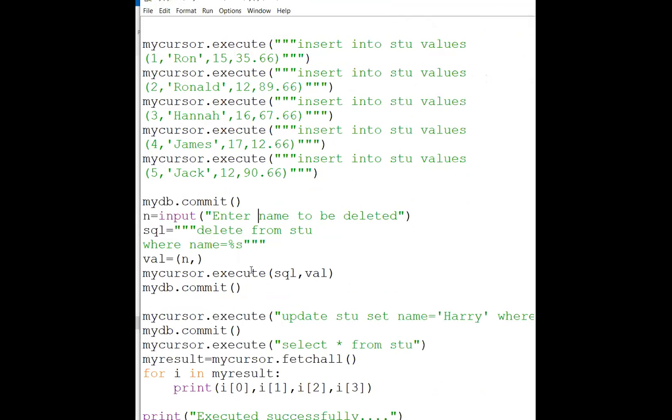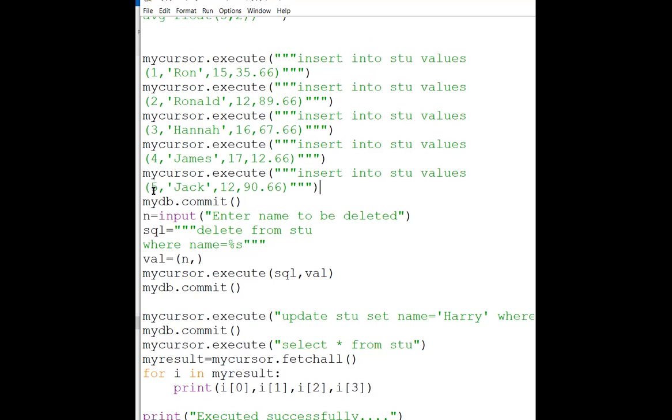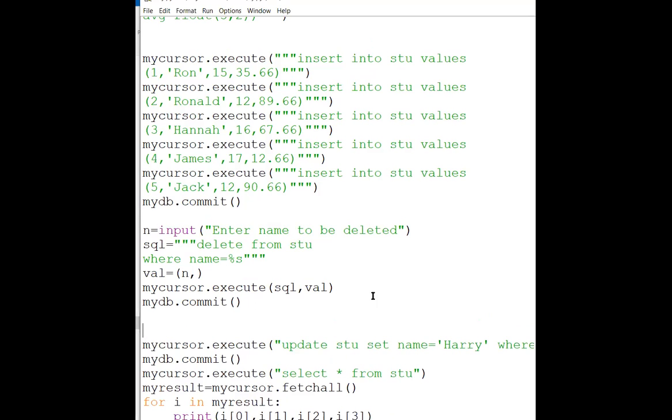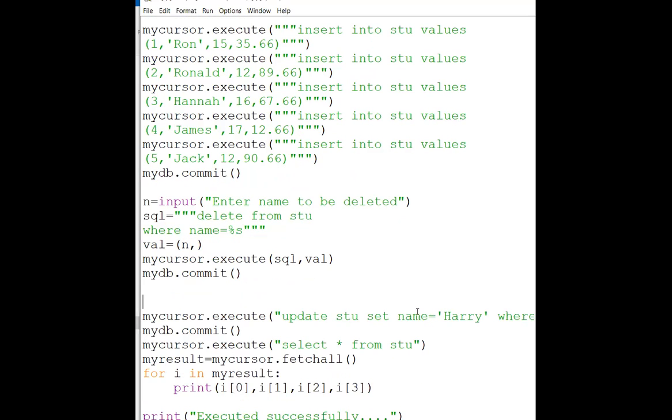Okay, now the same thing we are going to do with the update also. Now what is that thing? You can separate out these all like this. Okay, now same thing with update. Update means again we will be asking the name from the user. So n is equal to, I'm just copying and pasting this.